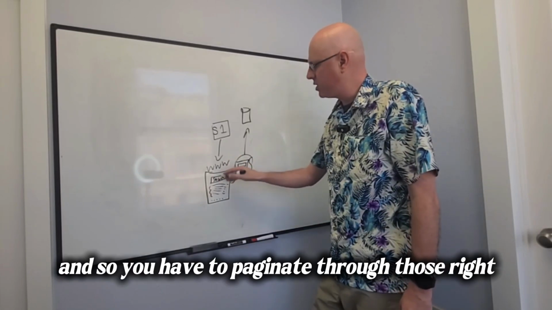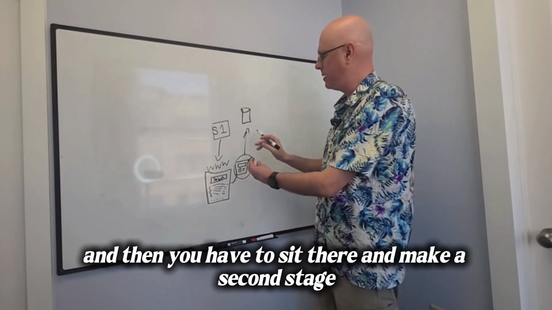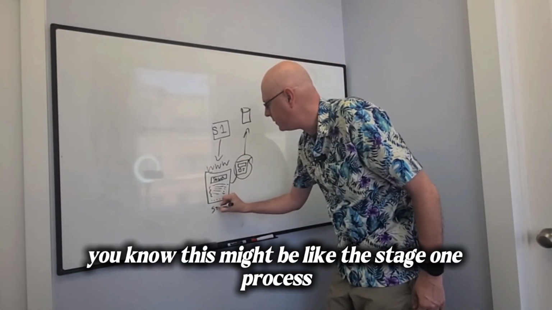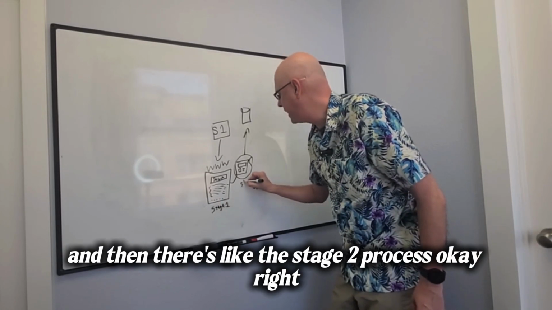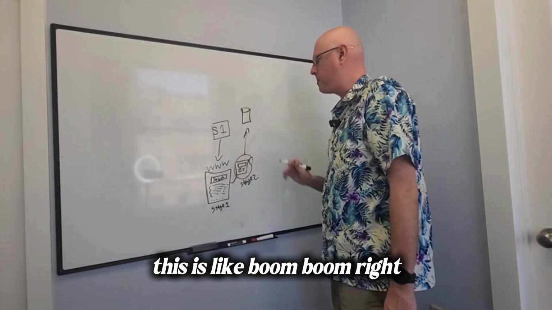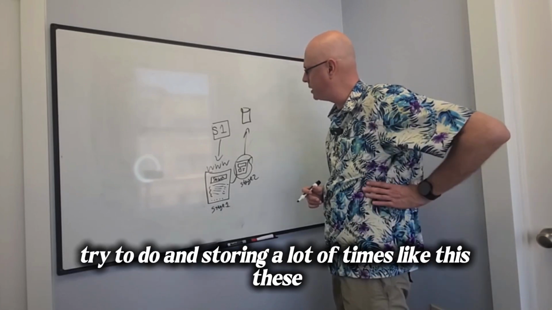And so you have to paginate through those and collect each one of those. And then you have to make a second stage, so this might be the stage 1 process, and then there's the stage 2 process. It's just like boom, boom. So this was the very first primitive thing that I started to try to do,